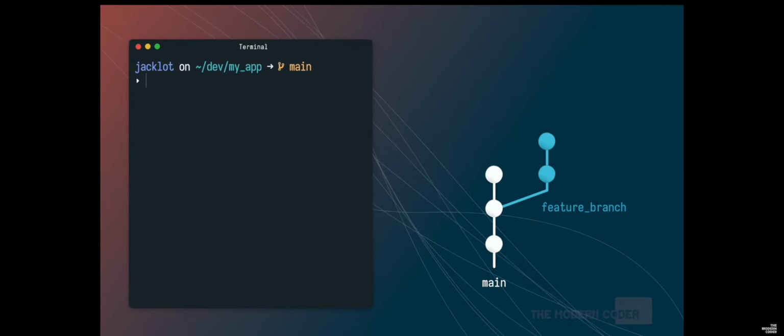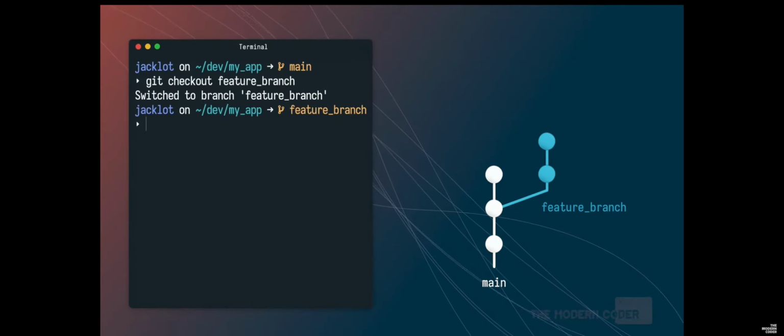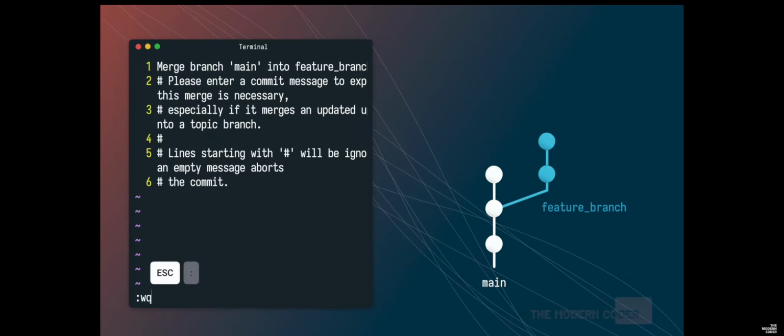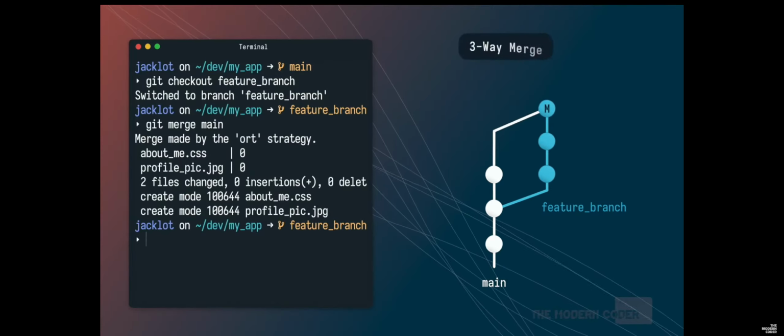This time, instead of checking out my main branch, I'll go ahead and check out my feature branch. Next, I'll run git merge main. Git will pop open that default terminal text editor again, and I'll optionally provide a merge commit message. I'll then run escape :wq just like before, hit enter, and the result will be that same three-way merge commit, but it'll be placed on the tip of my feature branch instead of the tip of main. And with that, my feature branch has integrated those latest changes, but still remains functionally separate from that shared mainline branch. A quick note about this workflow: every time new changes are pushed and integrated, another merge can